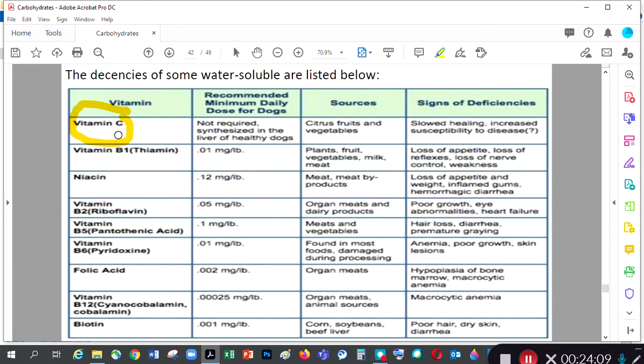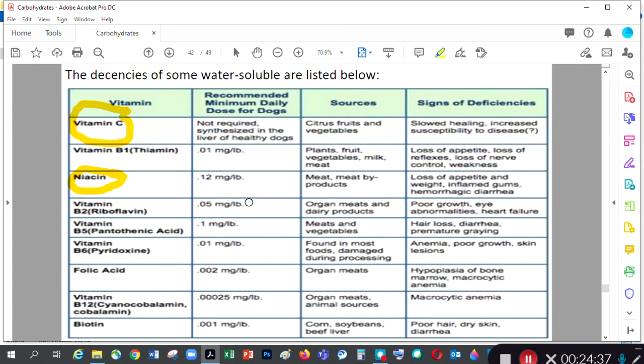For vitamin C, we'll get slowed healing and increased susceptibility to disease. Let's take niacin, for example. If we have a little bit of niacin, we have deficiencies in lysine, then we have loss of appetite, weight loss, inflamed gums,